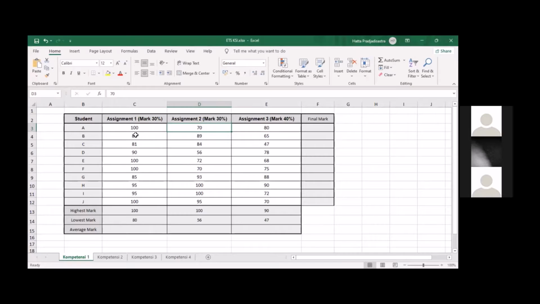So we must insert the value of the assignment on each student. So student A has 100 in assignment 1 and 70 in assignment 2 and 80 in assignment 3. Same applies on all students. We must enter the values in each one. So after entering all the values of the students,